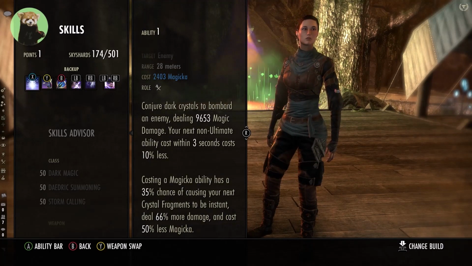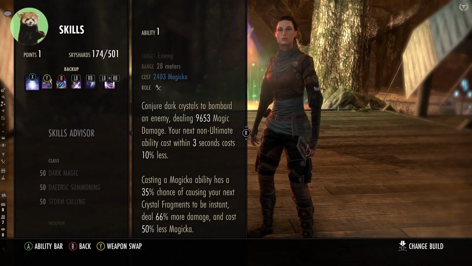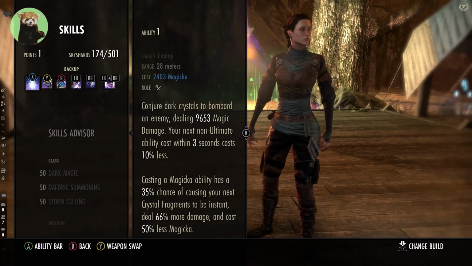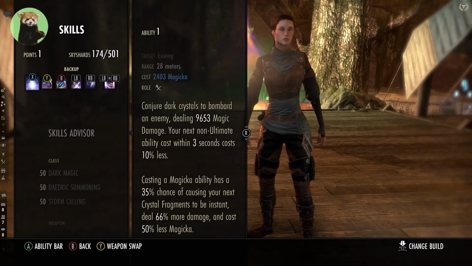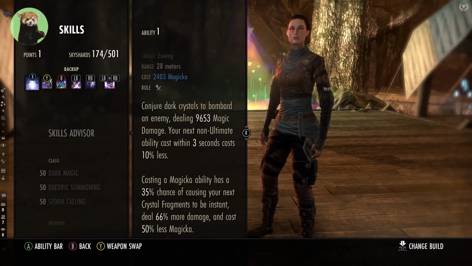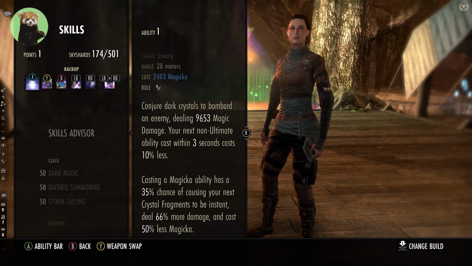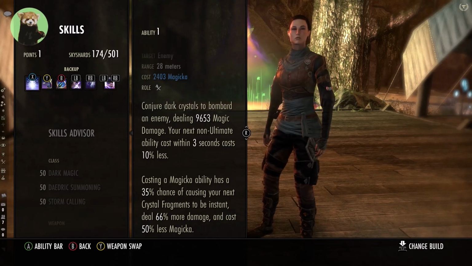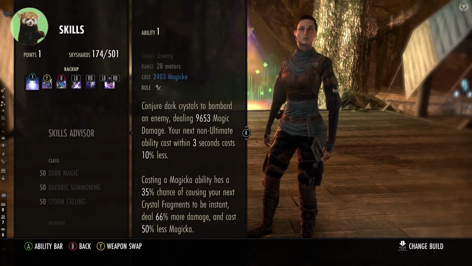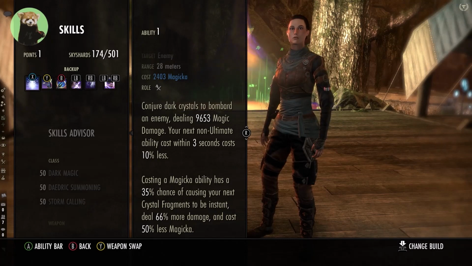Conjures a dark crystal to bombard an enemy, dealing 9,653 magic damage, and your next non-ultimate ability, cast within 3 seconds, costs 10% less. But with this morph, casting a magic ability has a 35% chance of causing your next crystal fragments to be instant, deal 66% more damage, and cost half as much. It's not the spammable that you use on this build. You're only going to hit this whenever it procs up,